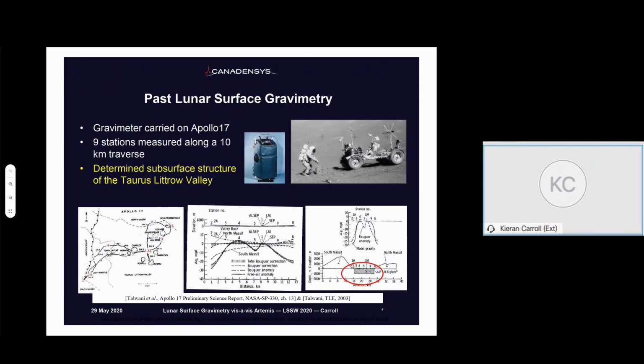The technique has been used once before on the moon during Apollo 17, where astronauts Cernan and Schmidt conducted an exploration traverse across the 10-kilometer wide Taurus-Littrow Valley, making many observations, including 9 gravity measurements. These were interpreted to determine the thickness of the basalt slab underlying that valley, which in turn cast light on the mare-forming volcanic processes in that part of the moon. Now, the Traverse Gravimeter instrument that was developed for use on Apollo 17 is long out of production and obsolete,